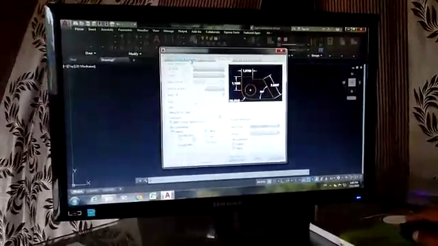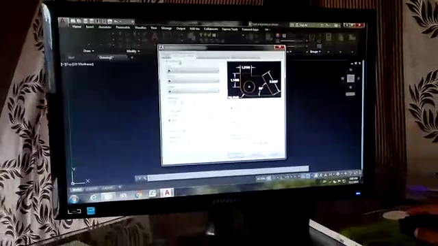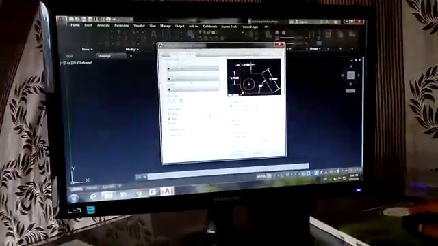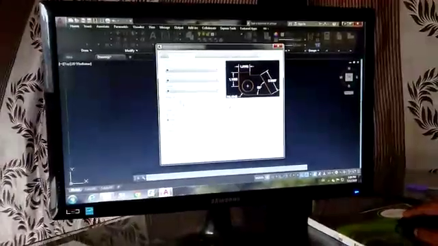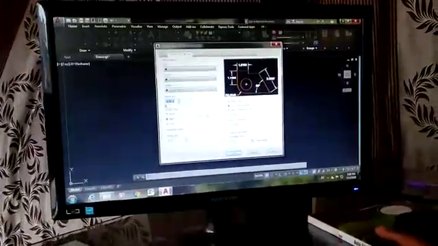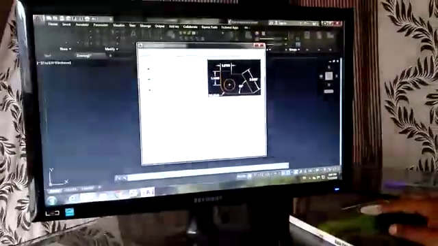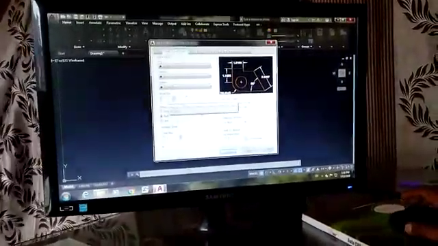I want to change the arrow size, so I click on symbols and arrows. Here the arrow size is showing like this. I want to change the arrow size to 9 inches. Why am I applying 9 inches? It is equal to the thickness of the wall. That's why I change it to 9 inches. After applying this arrow size, I am going to change the text height. Same, text height also 9 inches.